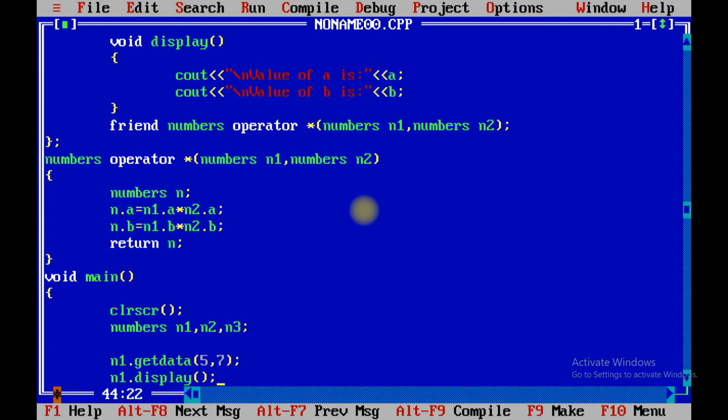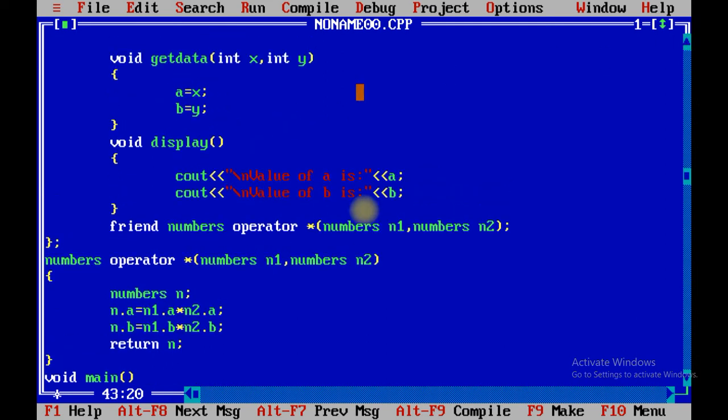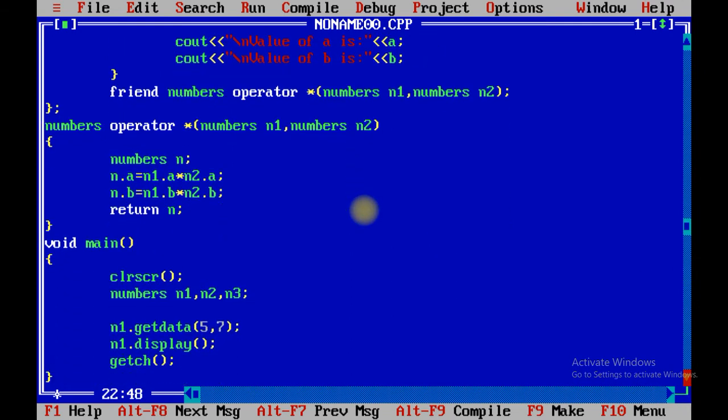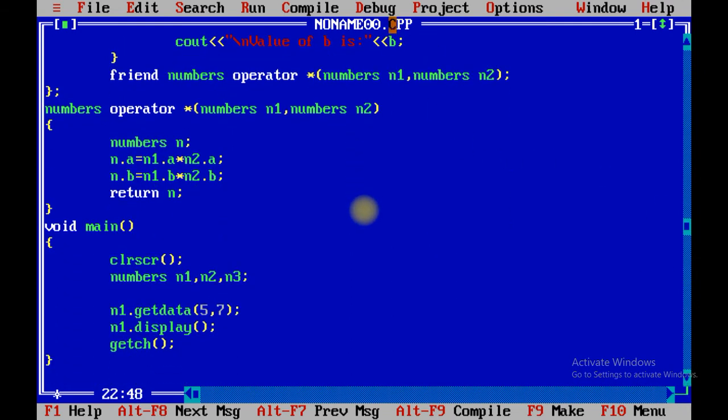So what happens now? When you call get data, n1 dot a contains 5, sorry, n1 dot b contains 7. Now we are going to call the display function. So n1 dot a prints 5 and n1 dot b prints 7.